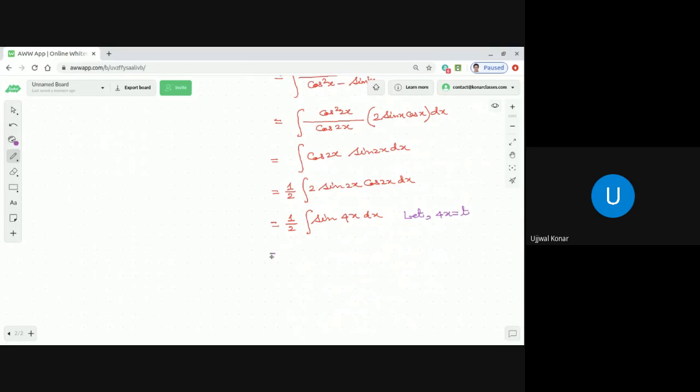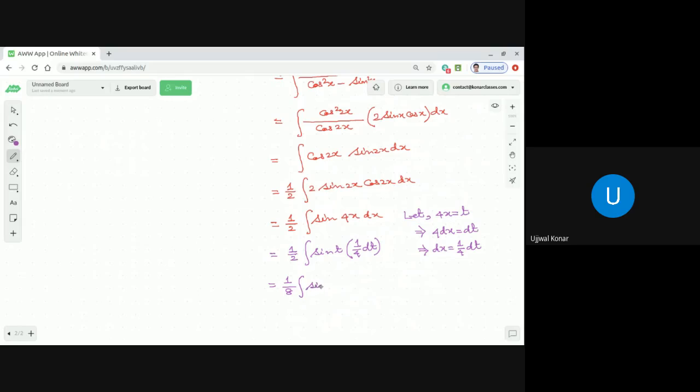So then what is coming? 1 by 2 integration sin t into dx, which has to be in terms of dt. We can just differentiate. 4 dx is equal to dt. So that implies dx is equal to 1 by 4 dt. Dear Devanshu, that is absolutely clear. Yes, sir. So instead of dx, we can write 1 by 4 dt. So finally what we are getting? 1 by 8